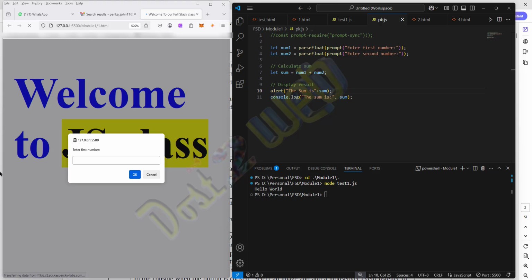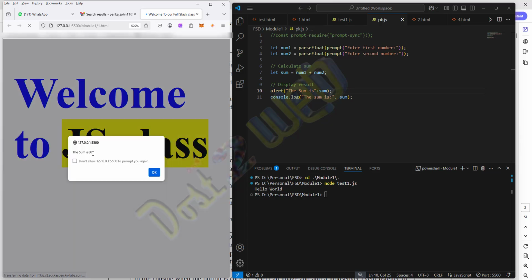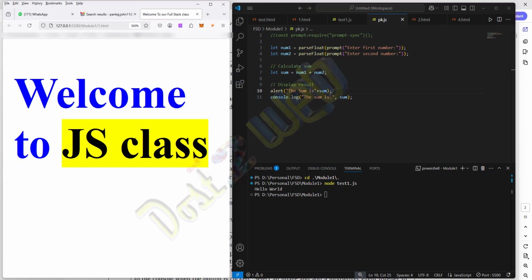with the pop-up. So I have to give the enter number, I'll give 10. Again the second number, enter 20. You can see that the sum is how much? 30. Suppose you want to see that again in the log, right-click, it will not work. Right-click here will not work because the alert box is already there. Okay, click on OK. So now if you right-click and inspect element,